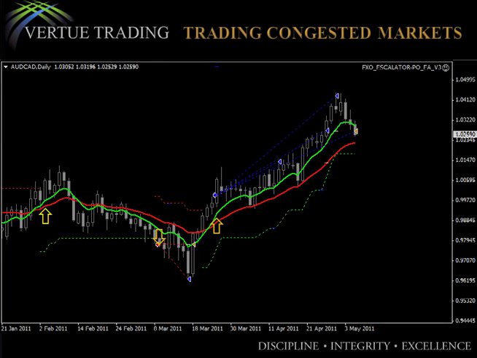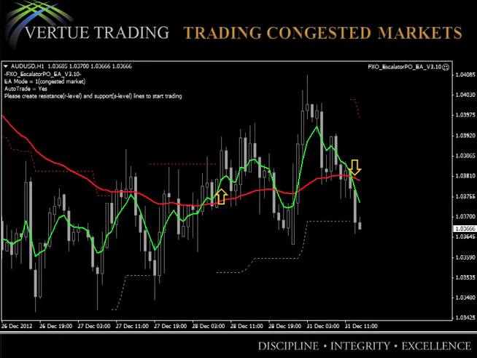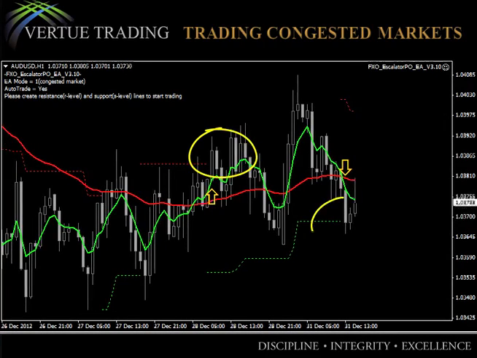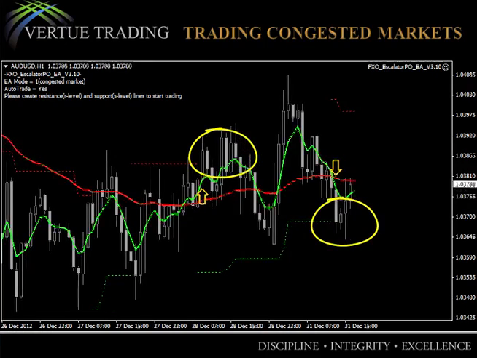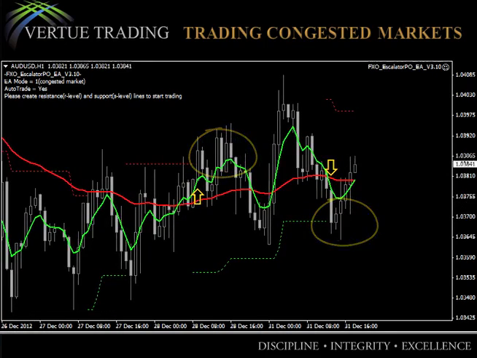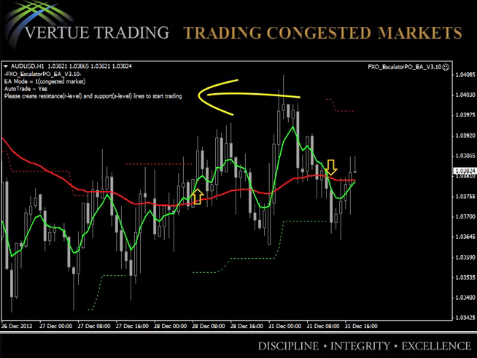Here on this Aussie dollar hourly chart, we can see that the market has entered a consolidating period and 2 previous escalator entries have failed, one to the upside and one to the downside. In the data list at the top left corner of the chart, you can see that the EA mode is set to 1, meaning that it's waiting for a signal to trade based on the trader's identification of support and